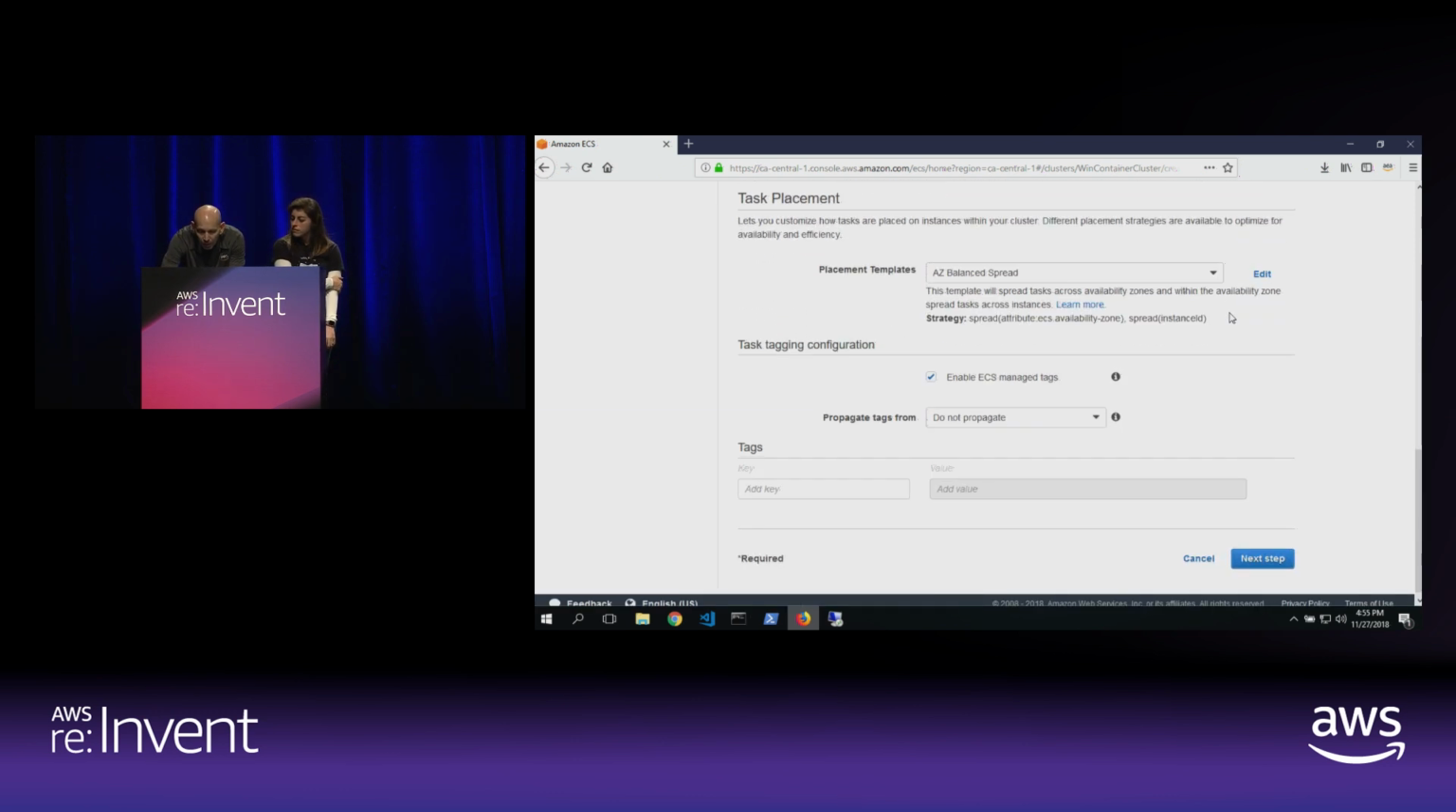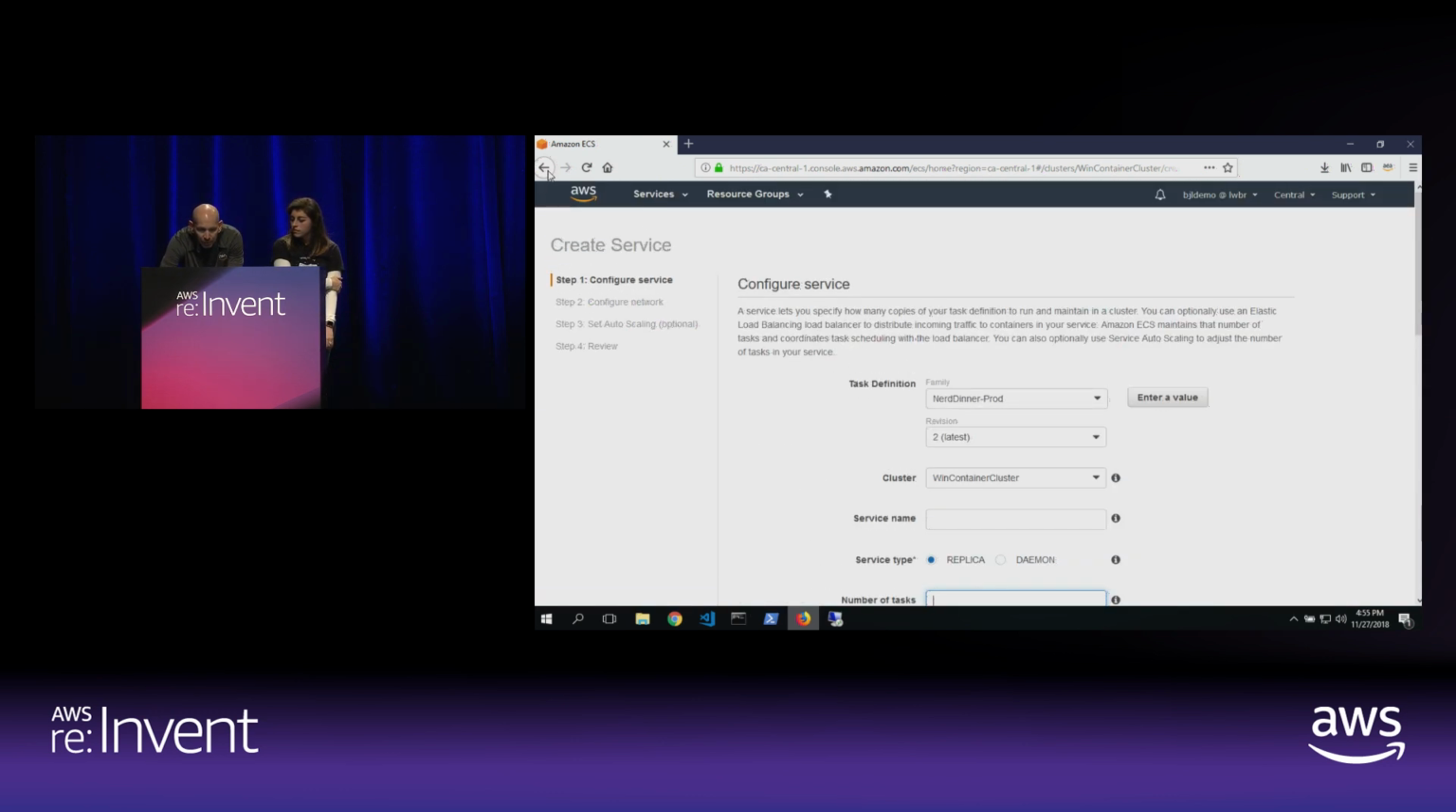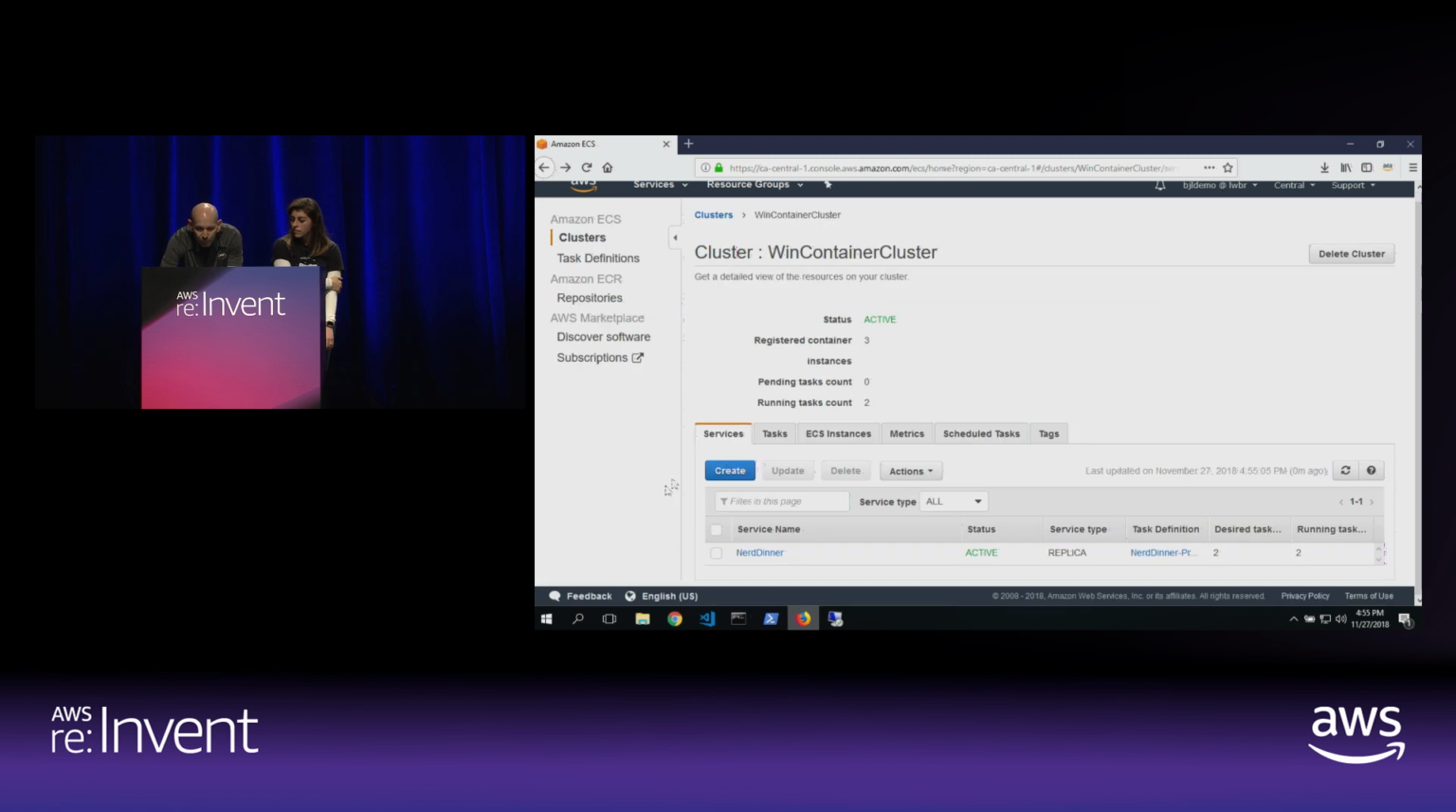And let's go back here. So what we have is our service up and running. We see that we desire 2 tasks to be running, and we have 2 tasks up and running currently. So with that,